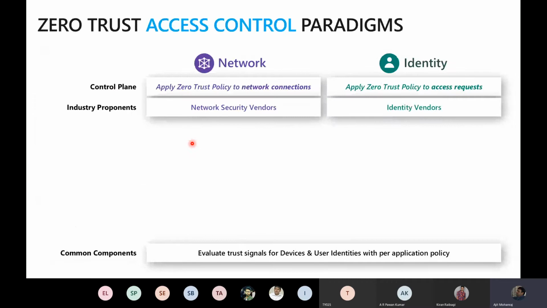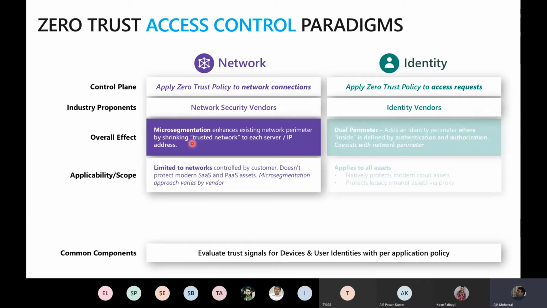So if I just compare, again, the zero trust, and this is probably one of the last two slides on zero trust, the way zero trust was implemented at the network level was at network connections. And what I'm talking about, and Microsoft is talking about zero trust, is building up an identity perimeter where the control plane is going to be access requests, right? And we are really looking at identity as a pivot point, right?